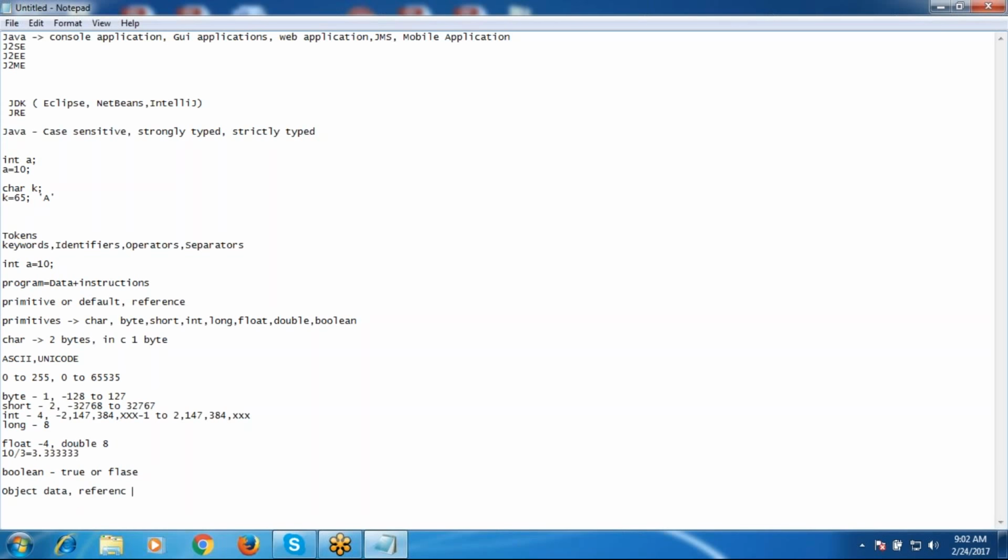Reference data is similar to pointers in the C language. How we manage pointers in C, in the same manner it's getting referenced, but here you have type safety. In C, whatever type of data you want to assign to a pointer, you can assign. But in Java, if you declare a reference type of variable, only that type of data you need to assign to that. Other data types can't be assigned as far as reference type of data is concerned. So these are similar to pointers in the case of C language. So these are basically data types, and using classes and interfaces, you can be creating